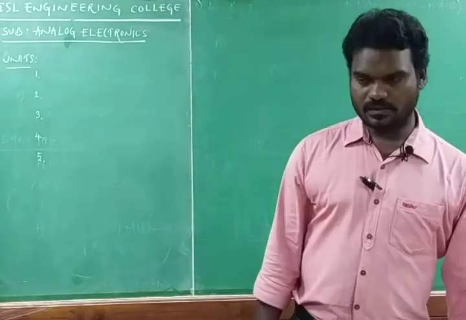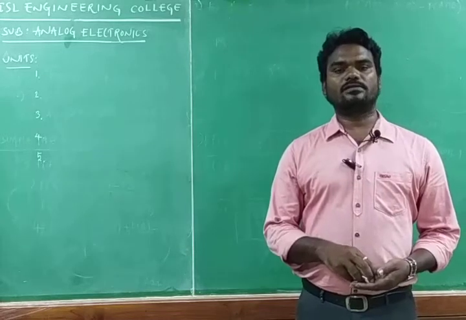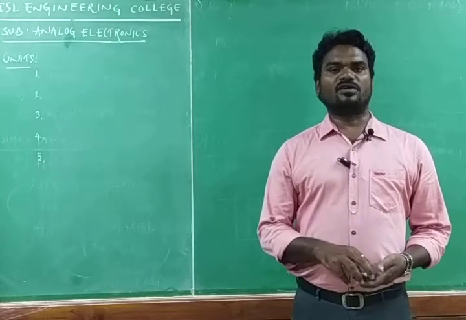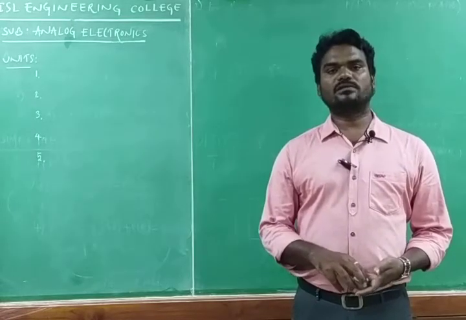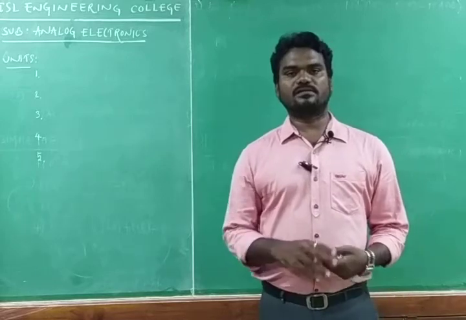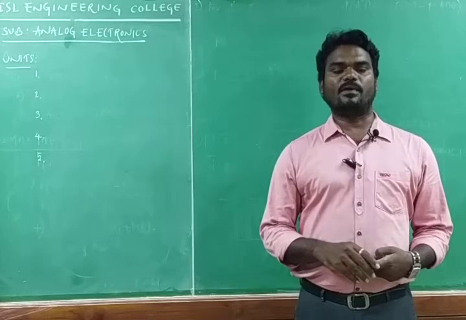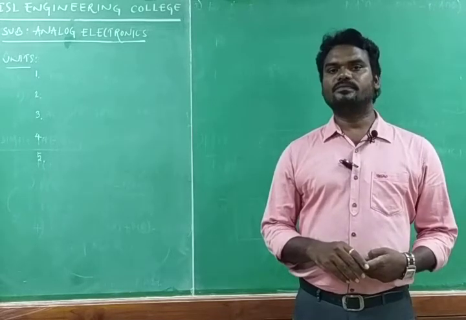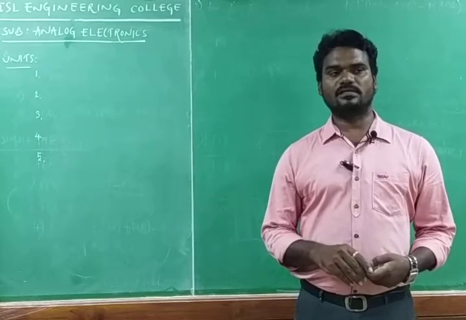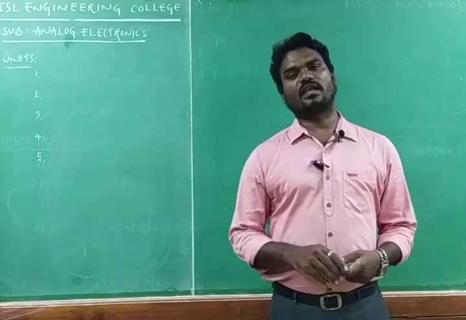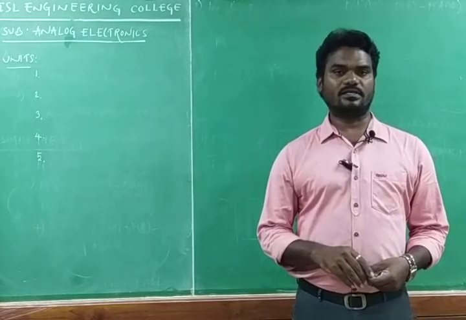In the last class, we discussed what is electronics, what are the applications of electronics, and what is analog electronics. We also discussed some classifications of material. Matter in the world can be of three types: either solid, liquid or gaseous. Again, from the solids we have classified into three more: conductor, insulator and semiconductor.